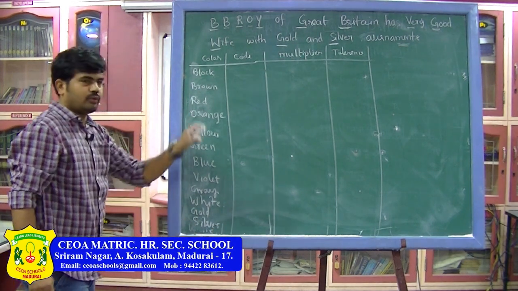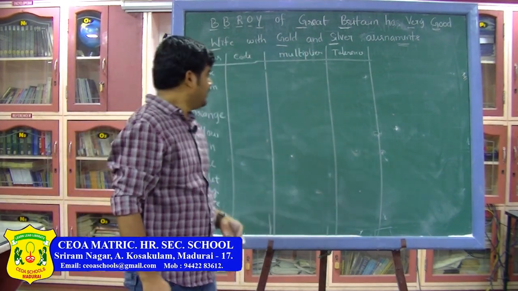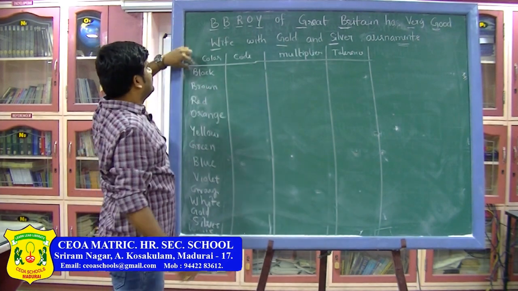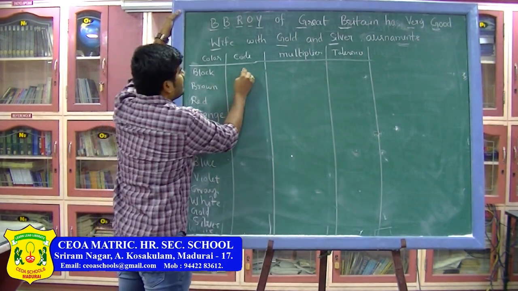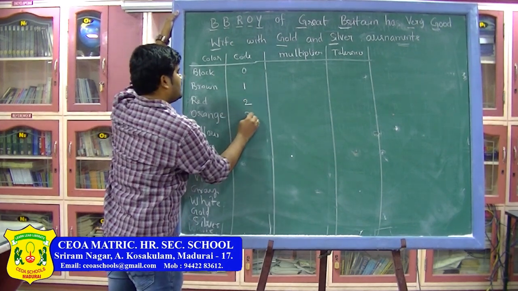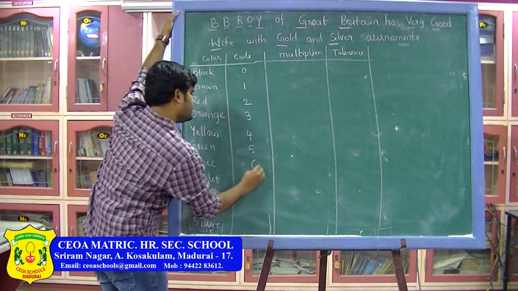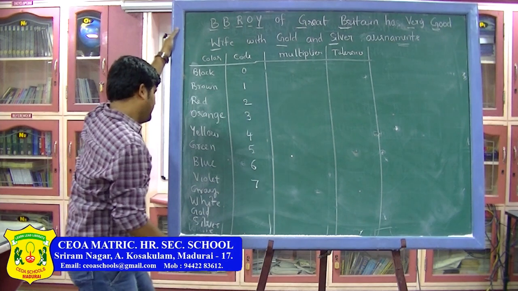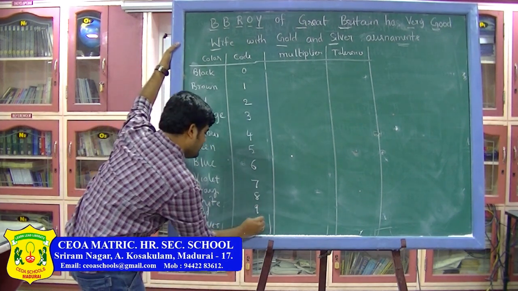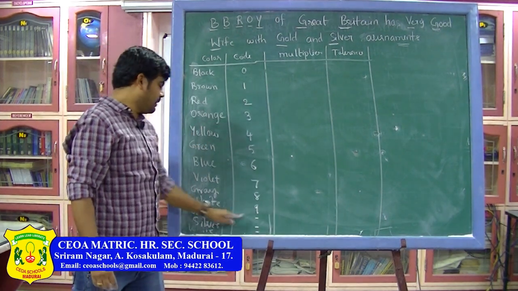If there is no fourth band, we need to have some tolerance value for that, so I will write that at the end. First, coming to the color codes, just start from 0. So black code is 0, then brown 1, red 2, orange 3, yellow 4, green 5, blue 6, 7 for violet, 8 for grey, 9 for white, and there will be no codes for gold and silver. They just indicate tolerance.